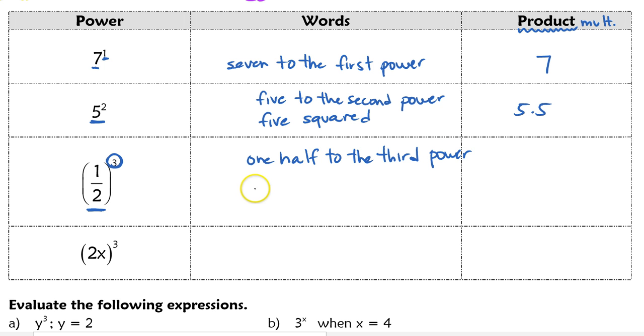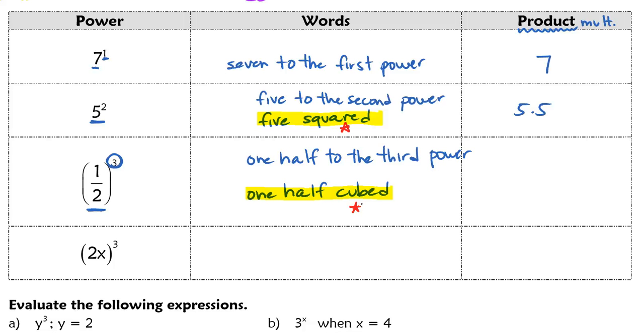And we can also say this as 1/2 cubed. So both of these are kind of more common ways, 5 squared and 1/2 cubed. These are ways of saying the power a little bit faster. Okay, so these are common, and there's not really many other examples that I can give where we shorten it up like that, but these are very common ones, so I just wanted to make sure you know that